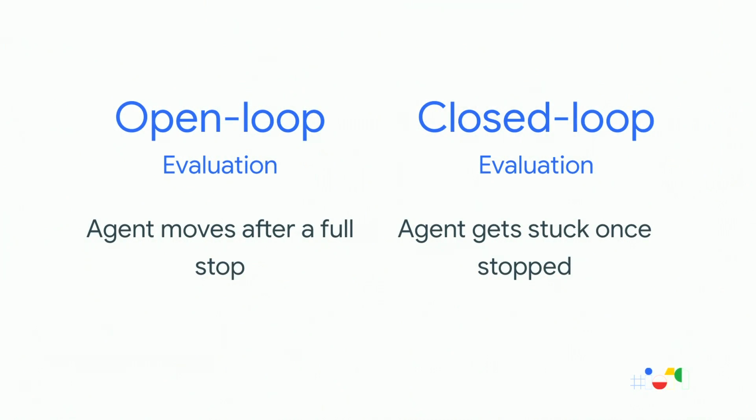Now we found the agent followed lane lines. It came to a stop, but now an interesting problem came up. It never moved after that. It really got stuck. Again, this difference was pretty evident between open and closed loop evaluation. And unlike the other two cases, this really has to do with the way we have modeled the problem.